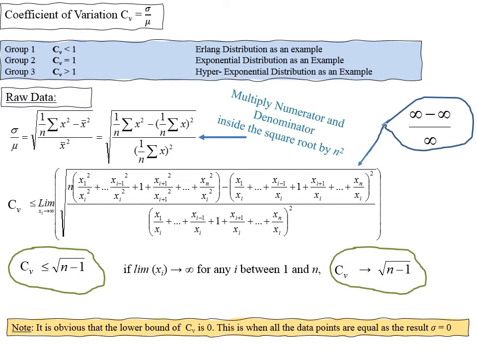From the basics of calculus, we have learned that this is not defined unless we take the limit in a sensible way. For instance, now if you divide, then you notice that if you take the limit, the values are approaching 0 except n minus 1. Then it means for normal raw data, the upper limit of coefficient of variation is the square root of n minus 1.